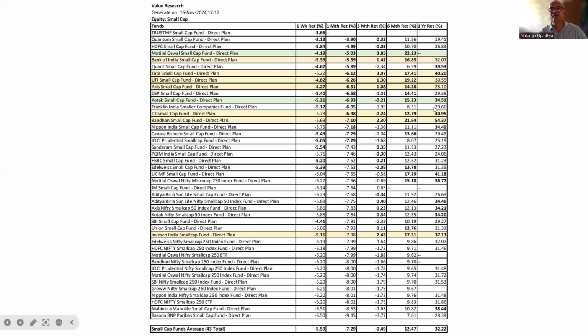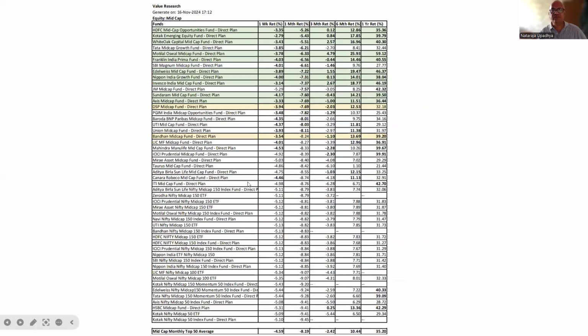The highest annual return among the green ones is Kotak Small Cap Fund at 35.51, and the other one in green is Motilal Oswal Small Cap Fund. No annual return because it's reasonably new. 6 months return is 22.73, which is very impressive. So I would say it is better than the other one in the green, Kotak Small Cap Fund. So let's move on to the next one, and that is